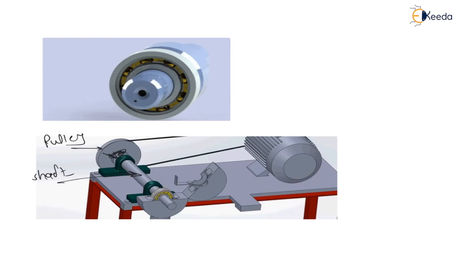Now let us see the rotation of the shaft. And here you can see the bearing. See this, this is a bearing used to support the shaft. Now see the rotation. Here the bearing is rotating continuously. You can see, right? The bearing is continuously rotating because the shaft is rotating. Because the shaft is rotating, hence the bearing is also rotating.